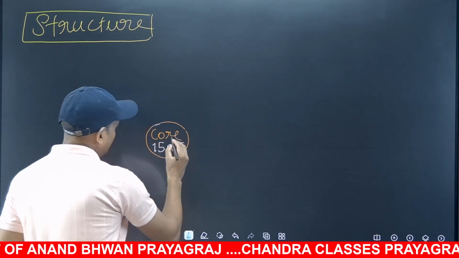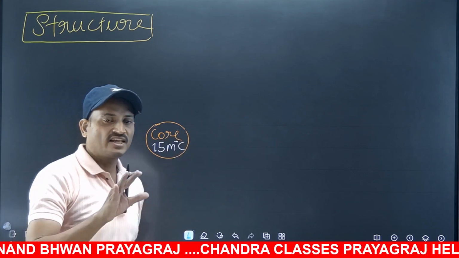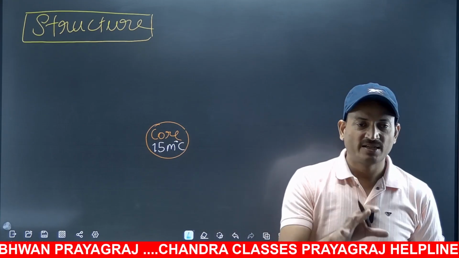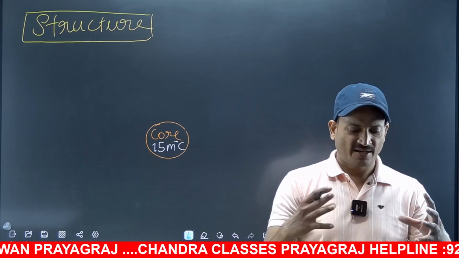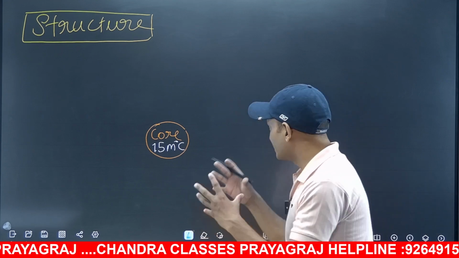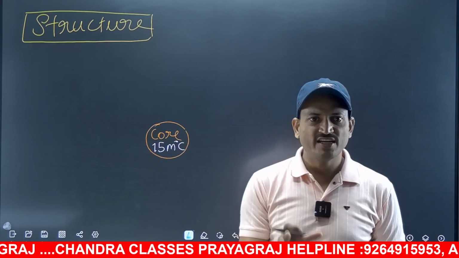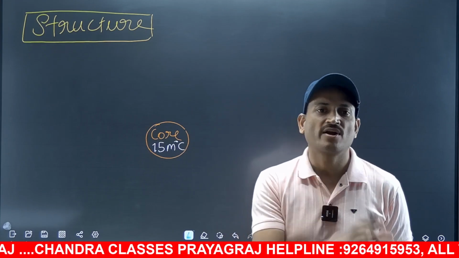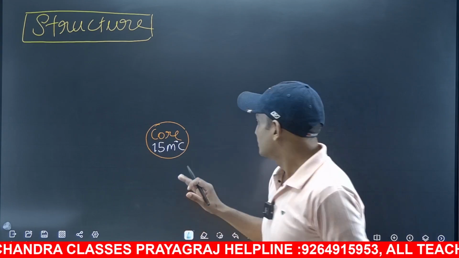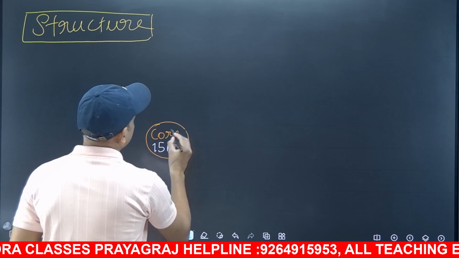And this core is the region where the nuclear fusion is taking place. The nuclear fusion only takes place at the core of the sun because of the optimal requirements, density, and tremendous temperature. So optimum conditions are there only at the core of the sun. That's why nuclear fusion takes place only at the core and not at any other place in the sun. This is the site of the nuclear fusion, that is the core.